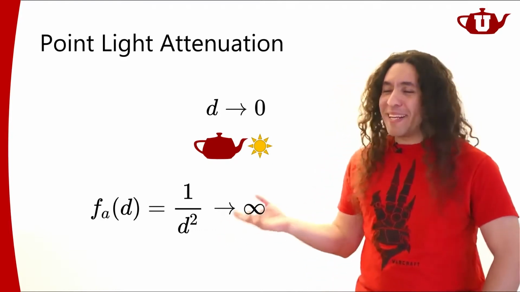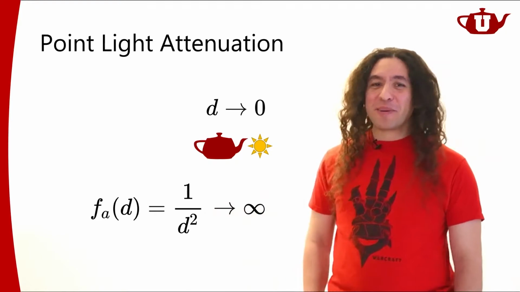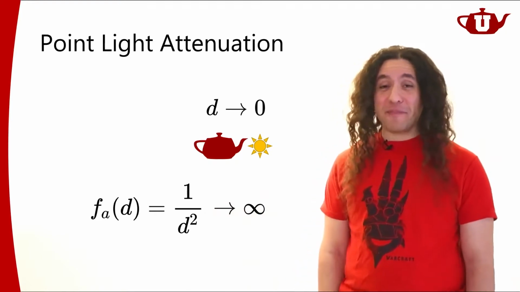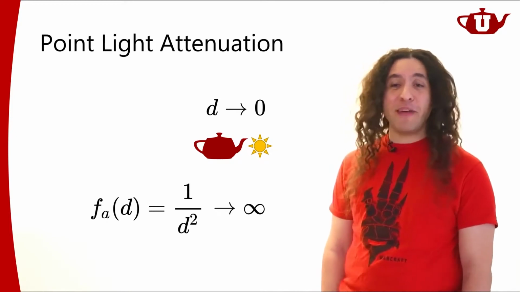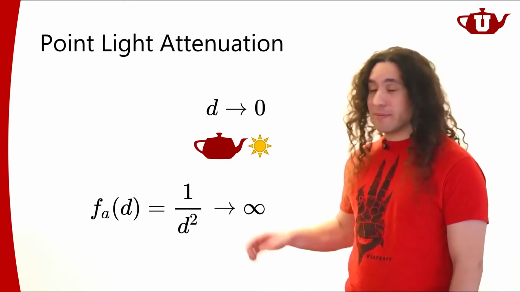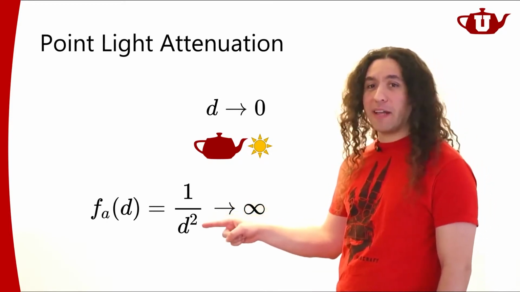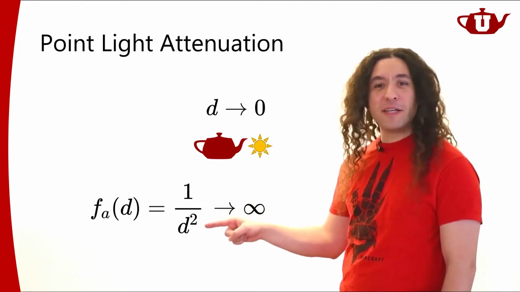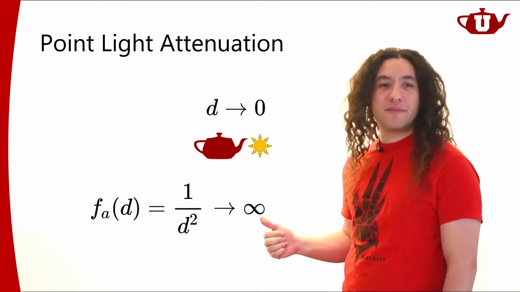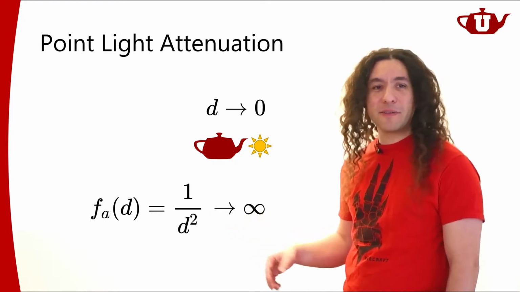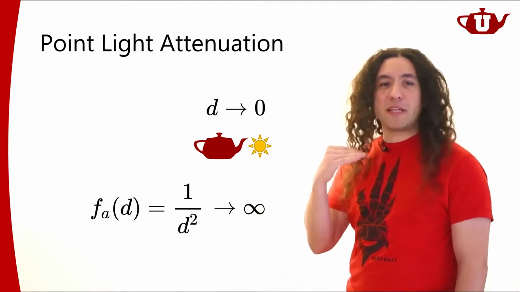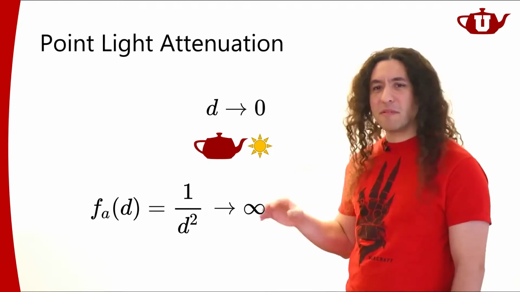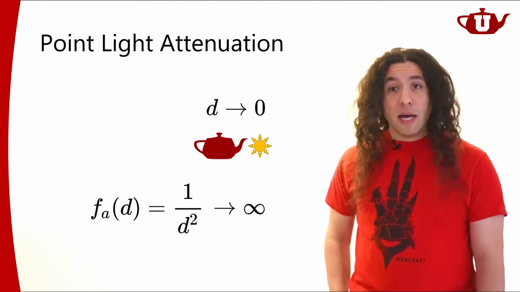Well, we have been living with this problem for so long in computer graphics. People came up with all sorts of different types of hacks to get around it. For example, you just add some constant value to the denominator here so that it never goes to infinity, but goes to some constant value. Or you make sure that if it's larger than some constant, you set it to a constant, you can just clamp it. So people came up with all sorts of tricks.